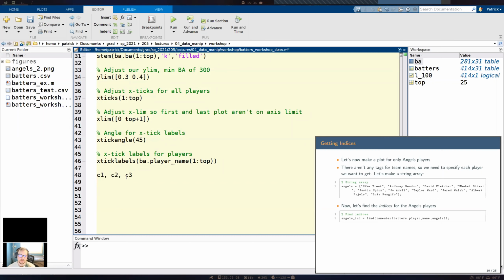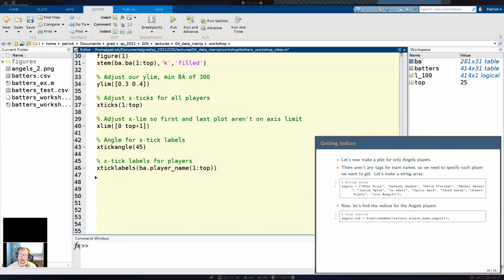So basically, a cell array can have an array in each cell, and the length can be different. That's the main upshot of using a cell array. And these cell arrays can contain any kind of array in the cell. Instead of a numeric array, we could have string arrays in each cell. It'll be better to explain when I can show you more visually, but that's why I think it's a little weird to have our third column for the player names be a cell array by default, because in each cell it was only one value.